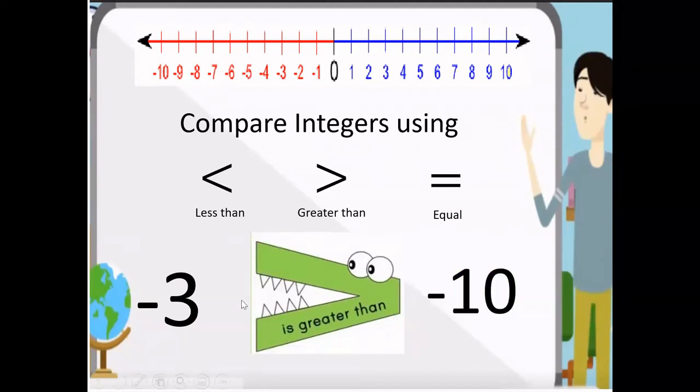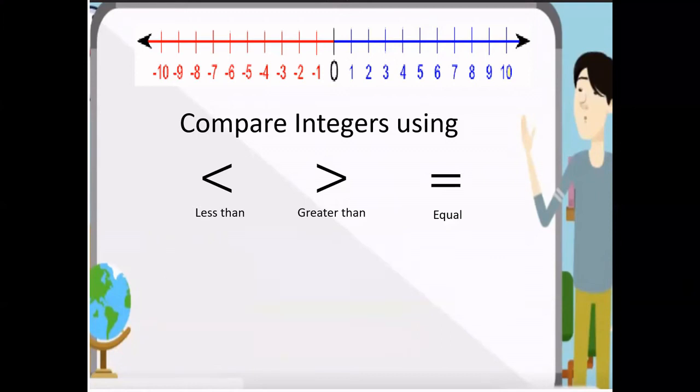And as you can see here, it is the same as this sign, which is greater than. So how do we read this one? Negative 3 is greater than negative 10. Next example,